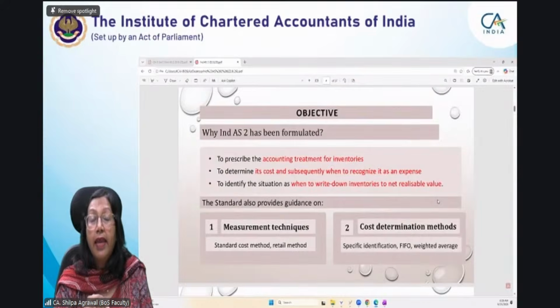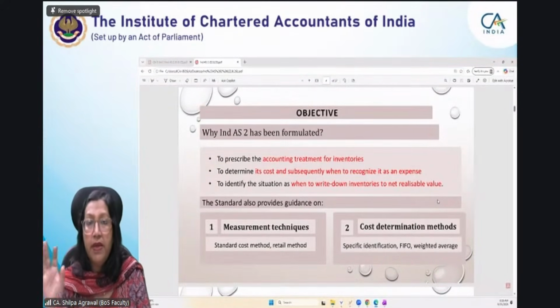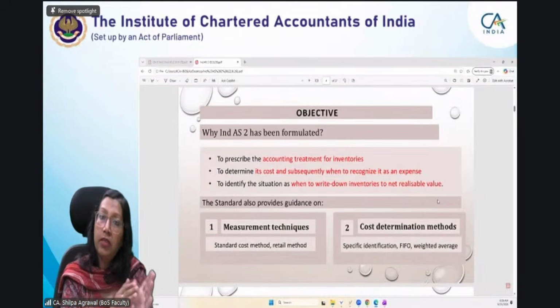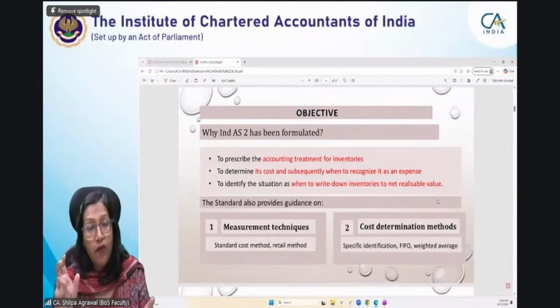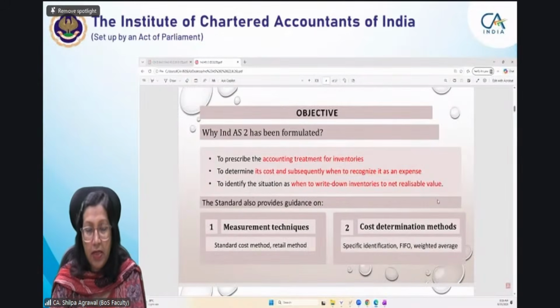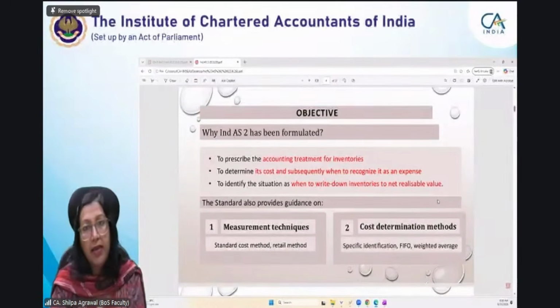Mobile phones are definitely one of the best examples. Every time the new technology comes, the old phone is still available in the market, but its value decreases. That decrease in value we do not mention in the form of depreciation, because it is a current asset, and for current assets we don't use the term depreciation. Then how do we recognize whatever wear and tear is there, or any decline in the value, in the financial statement?